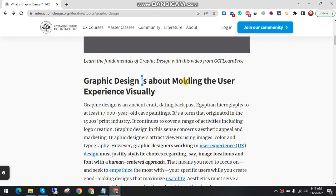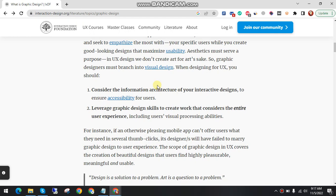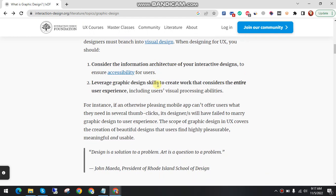Graphic design is about molding the user experience visually. Graphic design is an ancient craft dating back past Egyptian hieroglyphs. The first one is consider the information